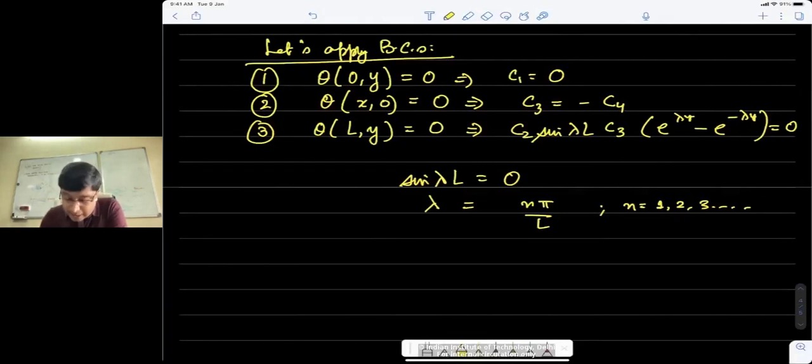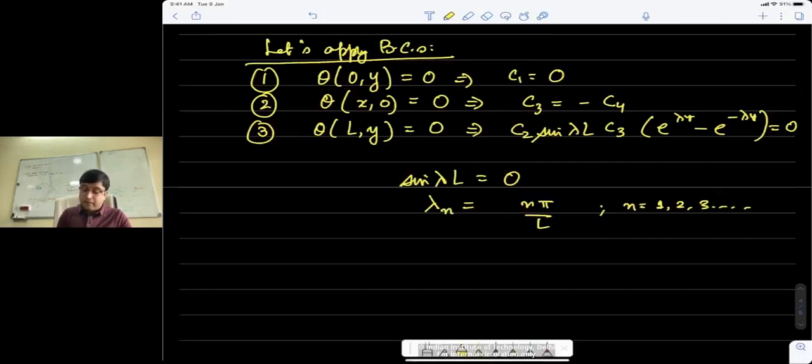Since lambda depends on this selection of n, the integer, I'm just going to write this as lambda with subscript n to denote lambda corresponding to a given value of n. If n is 1, it becomes lambda 1. If n is 2, it becomes lambda 2, and so on. In those cases, we know that the value of lambda will be in terms of